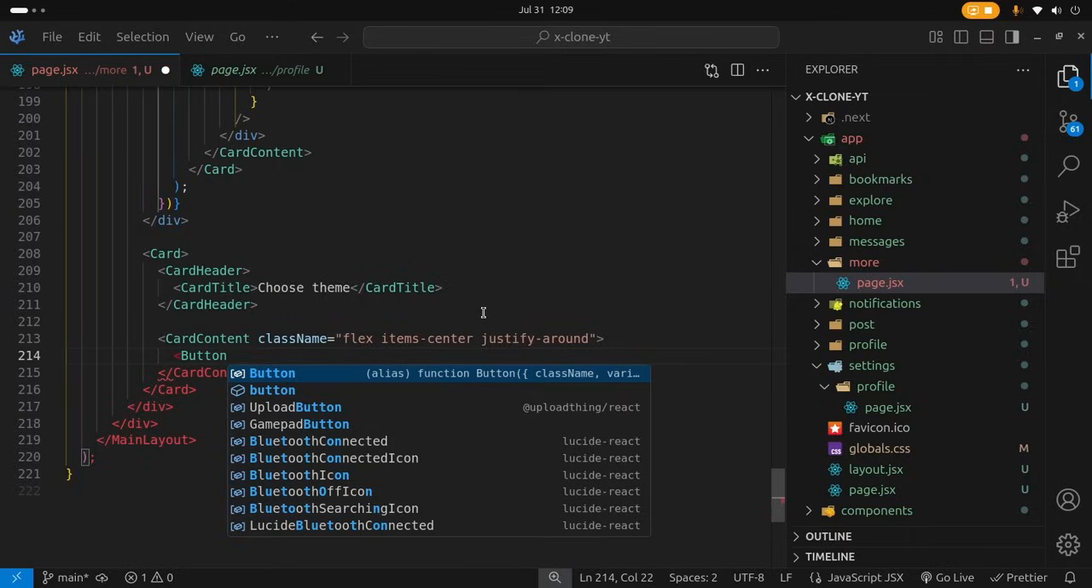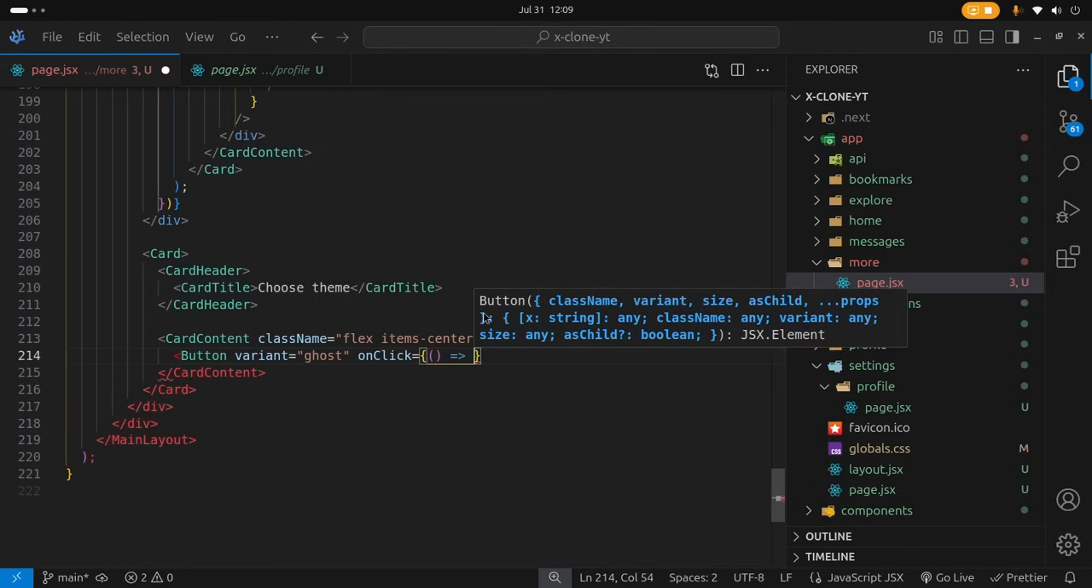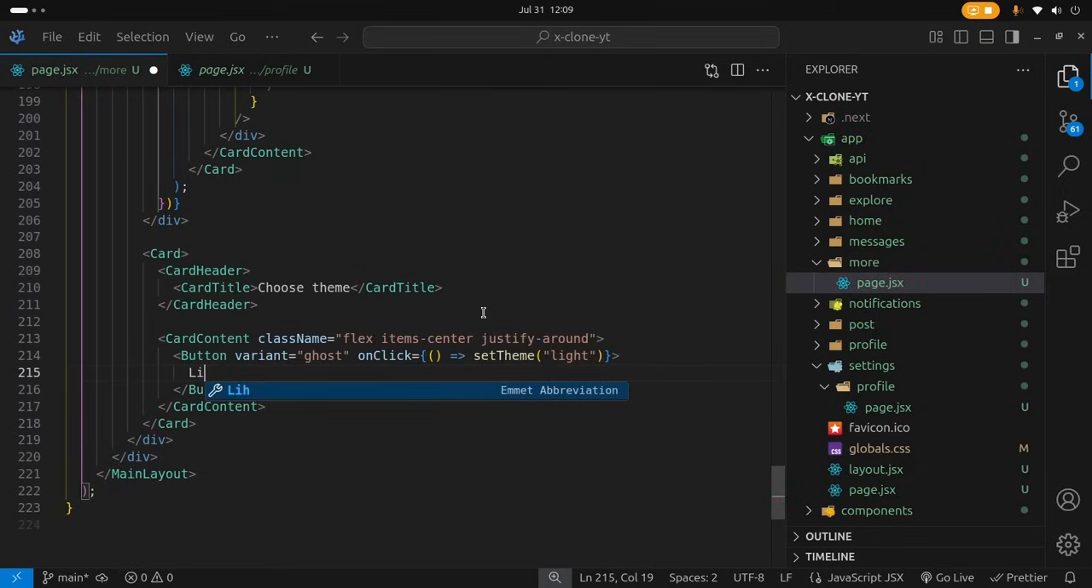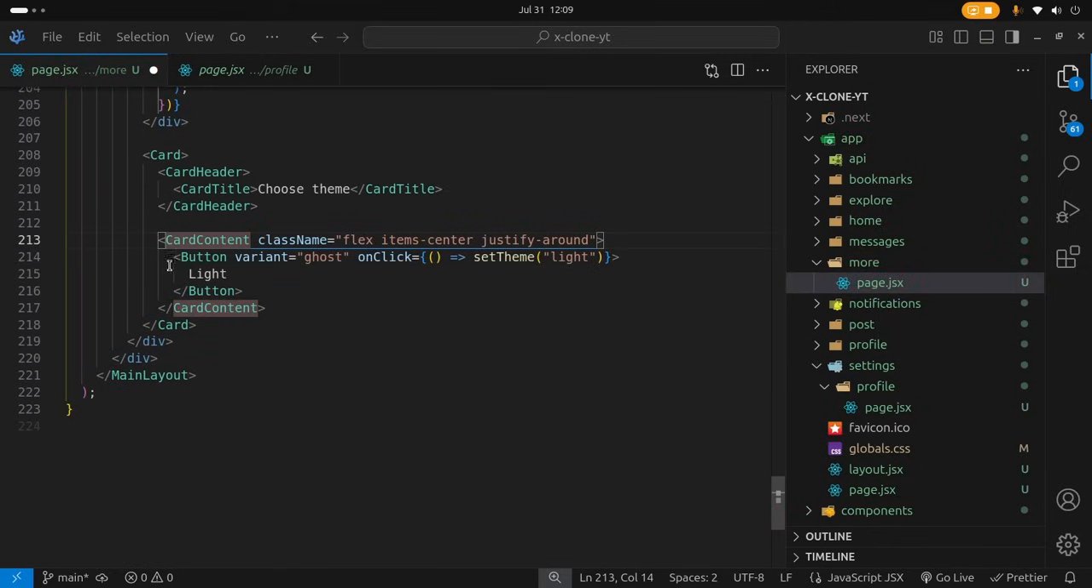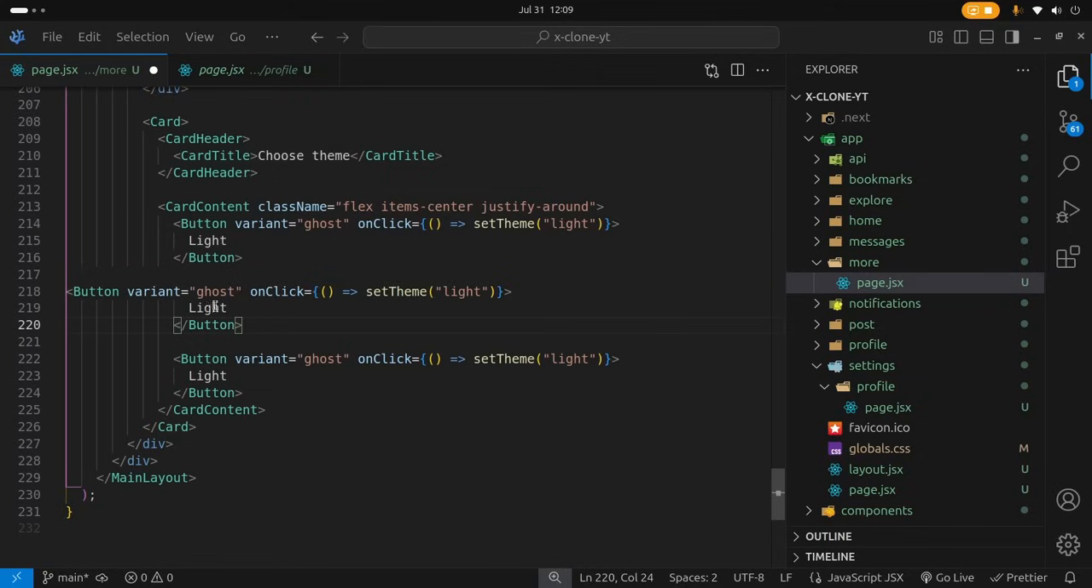This Button component is going to have a variant of ghost. Then when you click on this, it is going to open up the arrow function, the inline function, and then we're going to say setTheme to light, and then the text for the button is going to say Light. And because it's easier, let's go ahead and copy this one and then paste it. Okay, the variant for this is going to be ghost. The theme here we're going to be setting to dark, and then the text is going to say Dark. And then next we're going to have here, this is system, and then the text for the button says System,